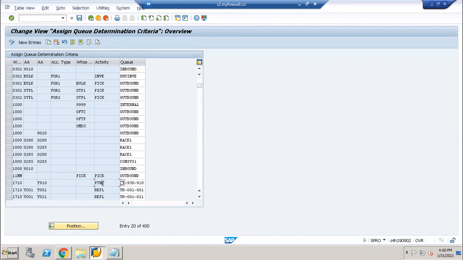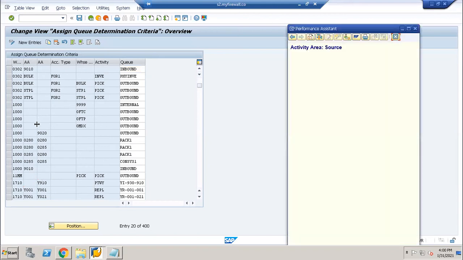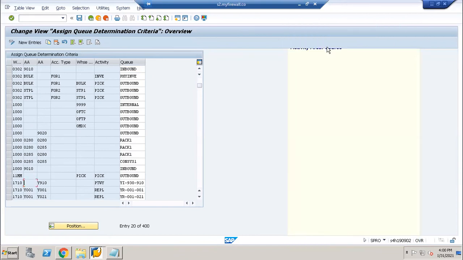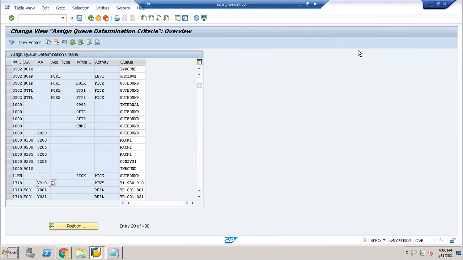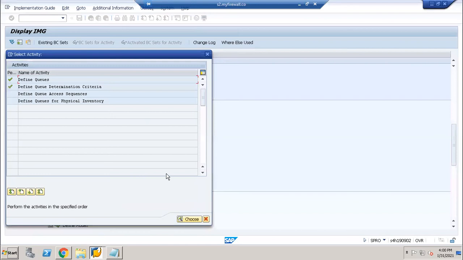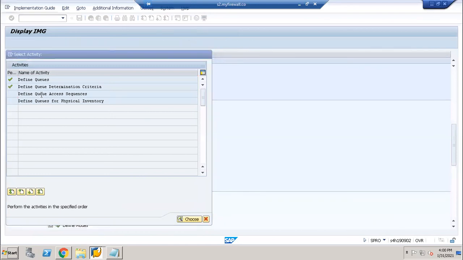So here we can see queue determination criteria, maybe for the queue. For this particular activity area, this source activity area, and for this activity, destination activity area, what will be the source, what will be the destination, how to determine the criteria for the queues. What will be the access sequence of the queue?